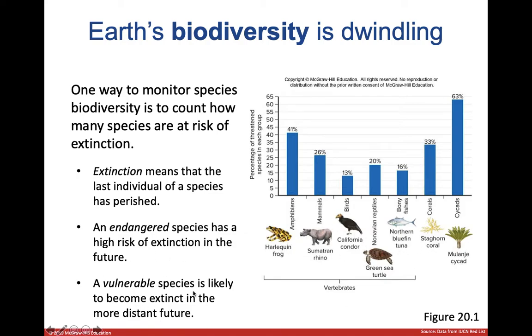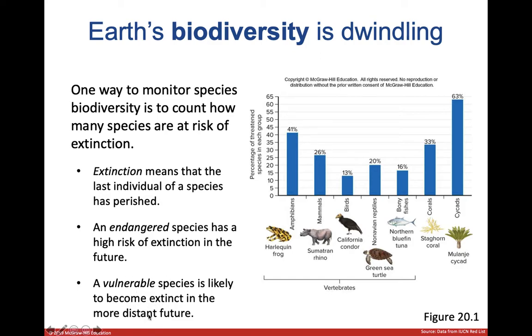So other species are classified as vulnerable, which means that they're a little more likely to become extinct. So we need to be a little more sensitive with them. They're able to maintain their population now without our help. But if we don't continue to watch them and make sure that we don't do something silly, they won't be able to do that. So endangered species means that usually they're going to need our help to be able to maintain their lives in the wild. We need to be able to introduce more back to the wild and monitor the ones that are there and protect them to make sure that they're safe.